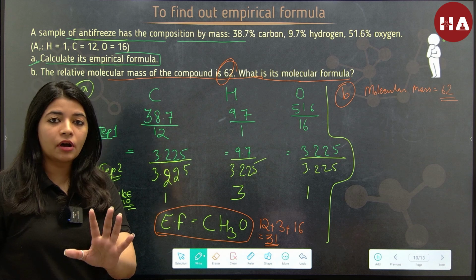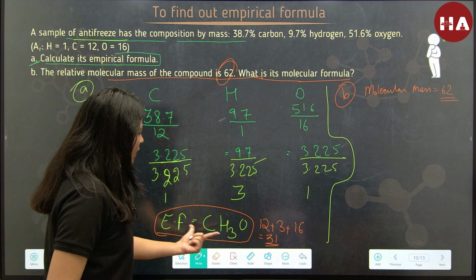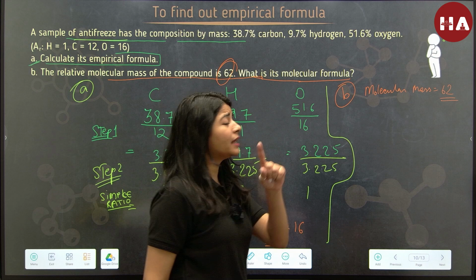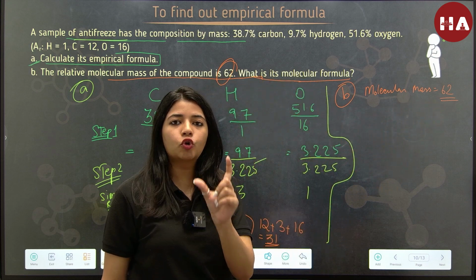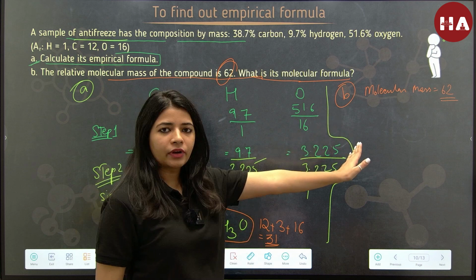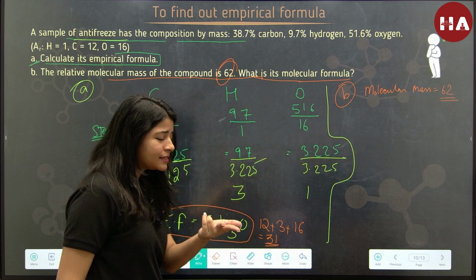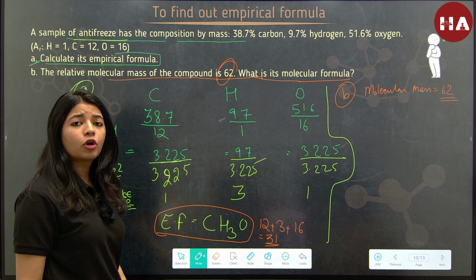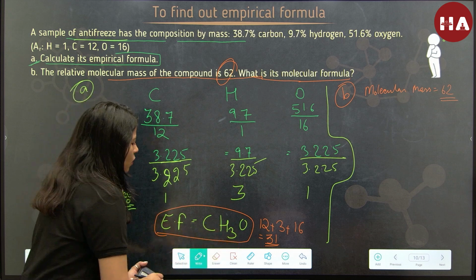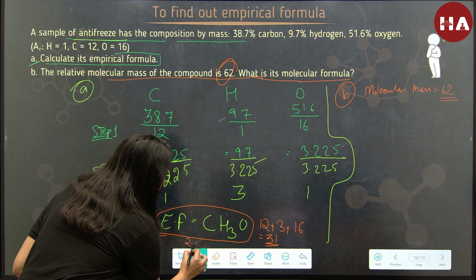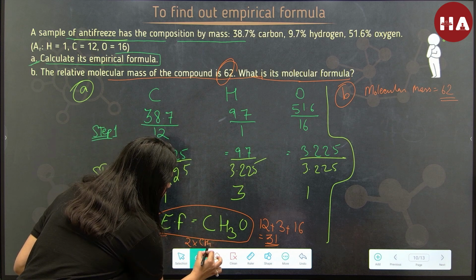Now observe the masses. The empirical formula has mass 31 and the molecular mass is 62. So it is just double of it. So what if I take twice the empirical formula? I will get my molecular formula, right? If I multiply this empirical formula CH3O by 2,